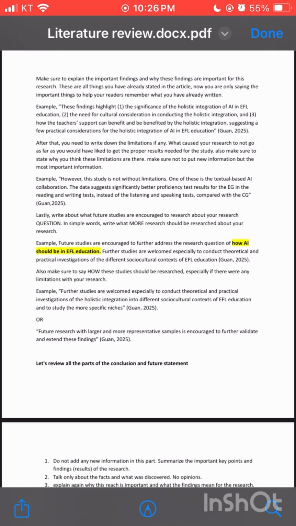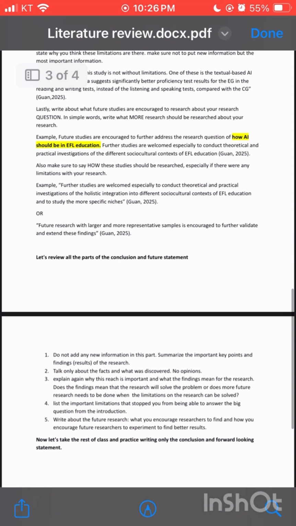Then after I have gone through all of this, we will review the important parts, the main takeaways from our lecture, in these little question forms. And after I do that, I'll say, these are the things that you need to take away from this lesson. Don't add new information. Make sure you use past tense. And then after that, I would say, okay, let's take the rest of the class to write the conclusion part. And then at the beginning of the next class, I will review by asking them these same questions again to test their